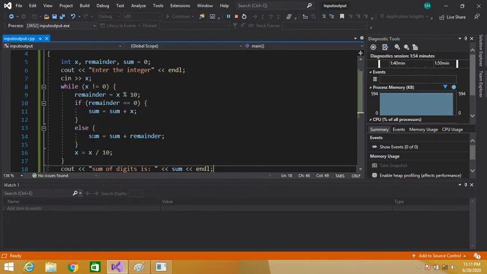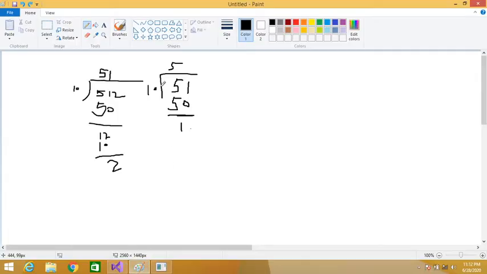Now sum contains 2. And then we are dividing the x variable by 10. x contains 512, so we are dividing 512 by 10. If we divide 512 by 10, then its answer will be 51.2. The division operator returns the quotient.